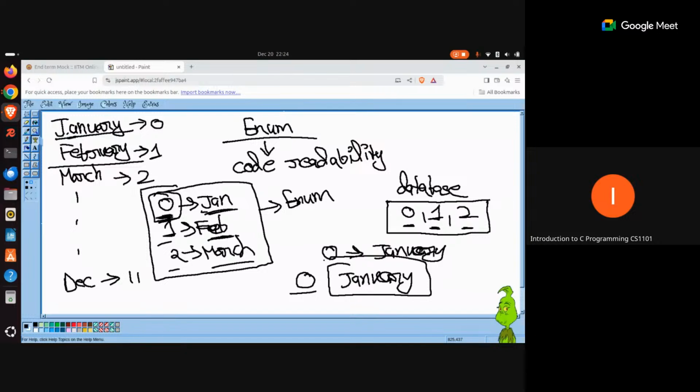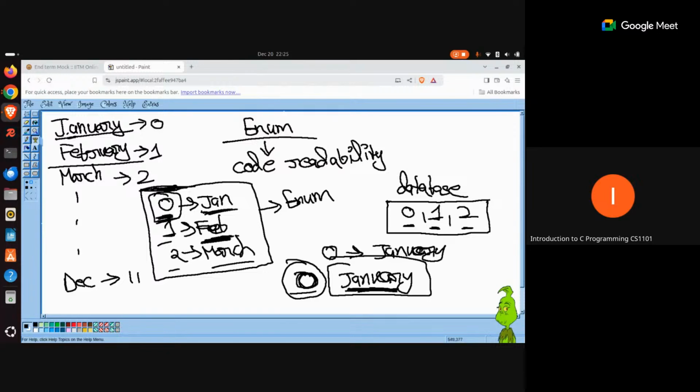Even when you are doing code reviews, or even when you yourself are reading your code after a long time, these descriptive things that you are using in your code base are going to save you a lot of debugging time, because you already know this 0 is actually being converted into January. So the value that is getting stored into the database is actually 0 only. But when you are retrieving that value, when you are processing that value, you are going to write a descriptive name, January, because you have already created a map here that January corresponds to 0. So when you are writing January in your code base, you are actually writing 0. You are actually working with the value 0.